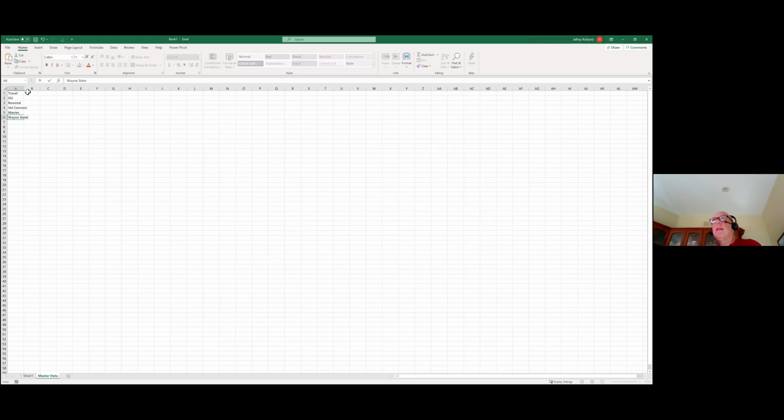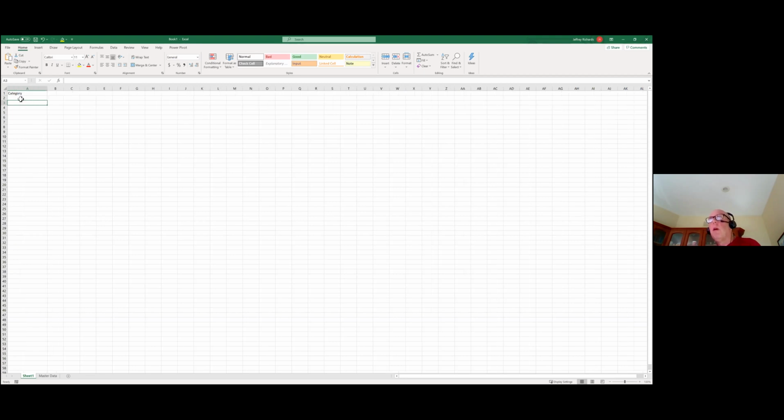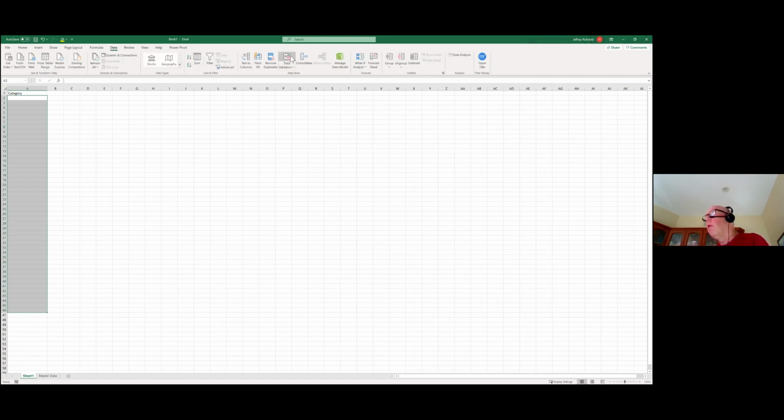So you can make this as big or as little as you want, and then what I can do is come over here, and right now I can type anything here, but I don't want to be able to do that. I want to force people to select that, and I want to give them the option so they don't have to type. So I'm going to take a bunch of cells, and this is a nice little feature under data called data validation. So along your menu, if you go data validation,